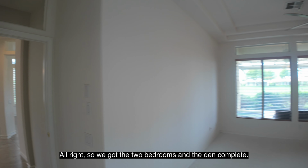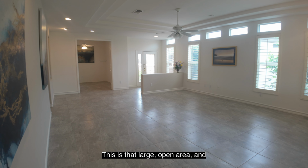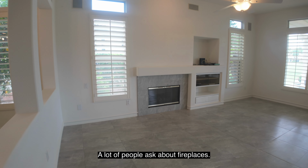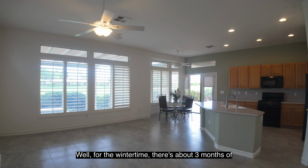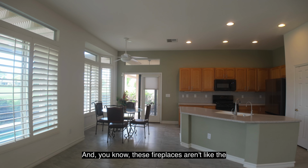All right, so we got the 2 bedrooms and the den complete. This is that large open area, and then we have a TV area over here and our kitchen. A lot of people ask about fireplaces. Why would I need a fireplace in the desert? Well, for the winter time, there's about 3 months of perfect fireplace weather. And these fireplaces aren't